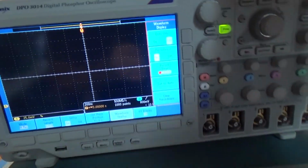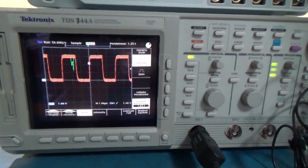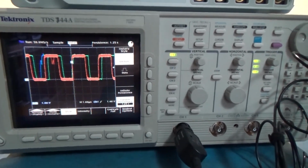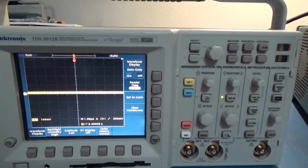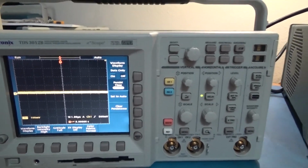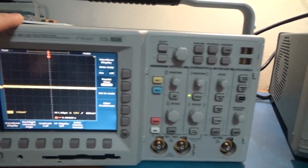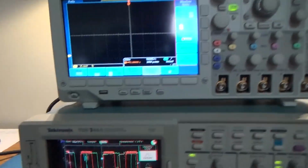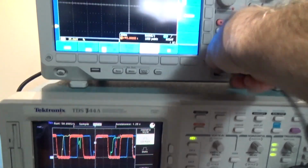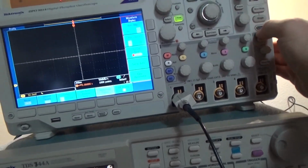And now let's look at the 3000. So I think this guy is supposed to do, well, they said when this came out 400,000 waveforms per second, but then they backed off on later scopes to 200,000. So this guy is something like 3,500 waveforms per second, I think. But in the short fast trigger mode, there may be a faster mode in this one, but you've got to find your way to it. I should probably have played with that, but let's go with this guy for a second up here, then I'll go back to that one last time, then I'll be done. So this scope,